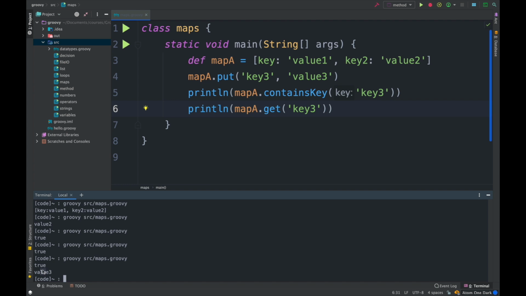You get value 3. Map is a very popular data structure, and it is used in a lot of programming languages to store data because it provides a lot of functionality, which makes it very easy to retrieve data. We have key-value pairs, which means we can ask for any value by just specifying its key. Mastering map is fairly easy. As you can see, there are built-in methods available for us to manipulate key-value pairs within a map.